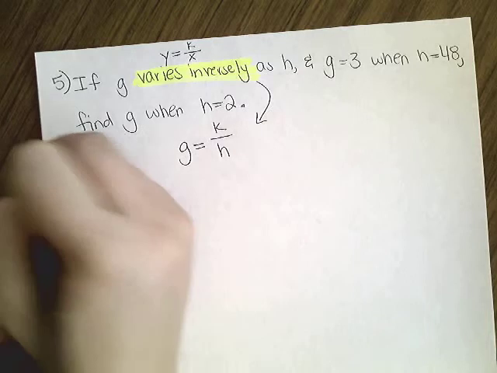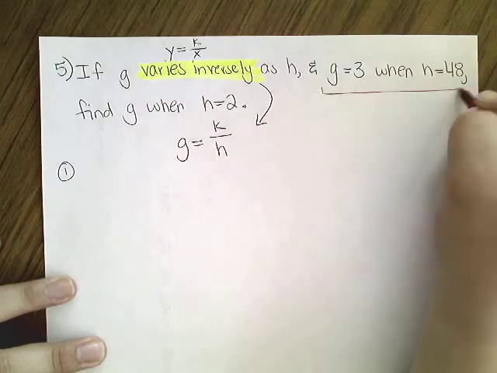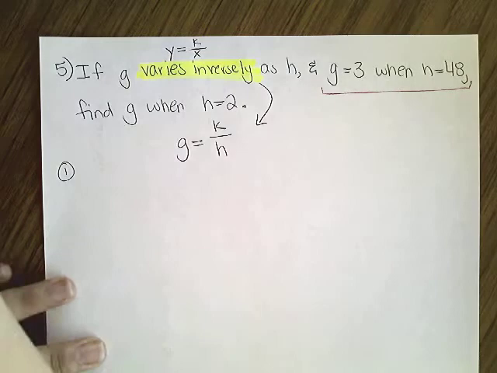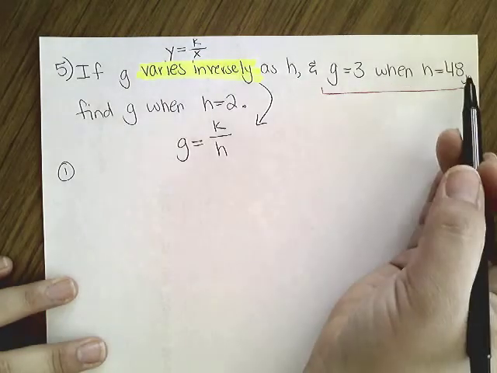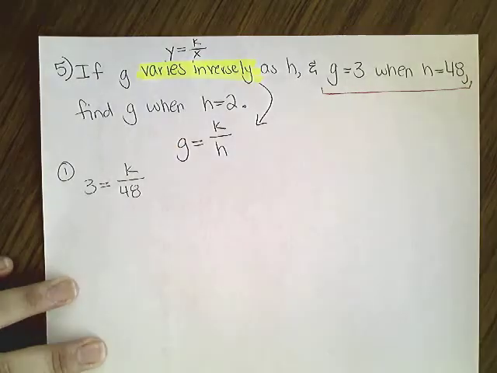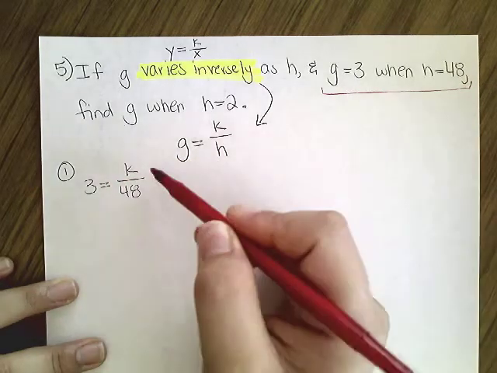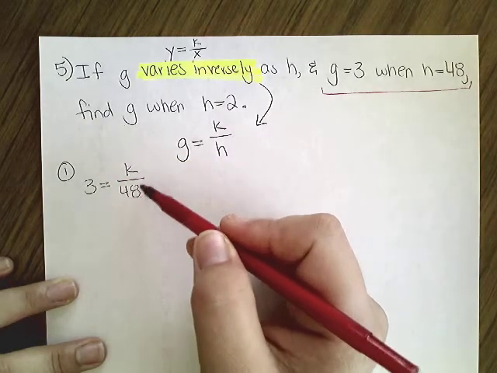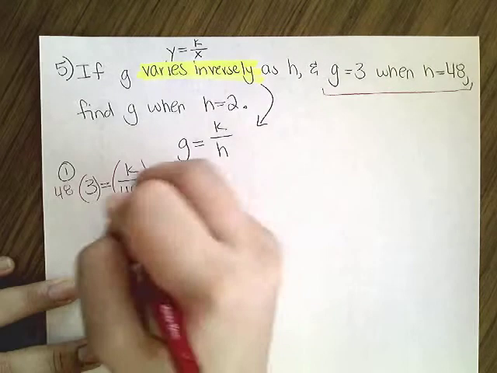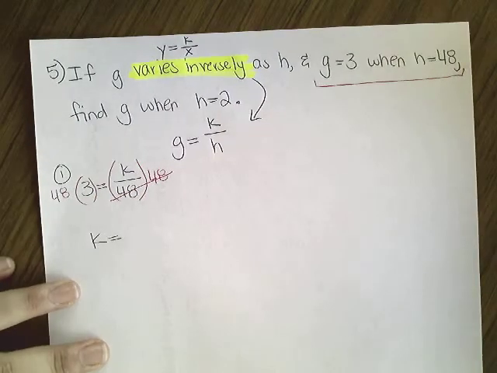Our first step is to find our k, our constant of proportionality. We're given some initial information: g is 3 when h is 48. So we start by substituting 3 for g, 48 for h. 3 equals k over 48. In order to solve for k algebraically, we need to get rid of that denominator. So we're saying k divided by 48. The opposite of dividing by 48 is multiplying by 48. Whatever we do to one side, we do to the other side. And we get k equals